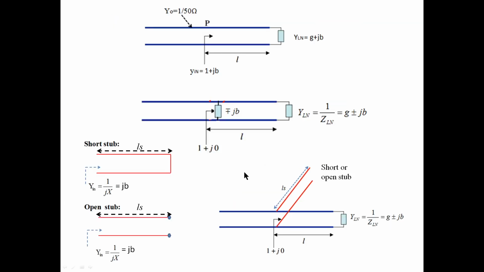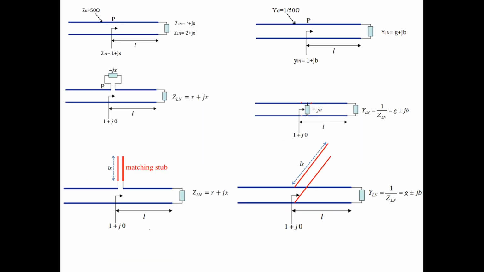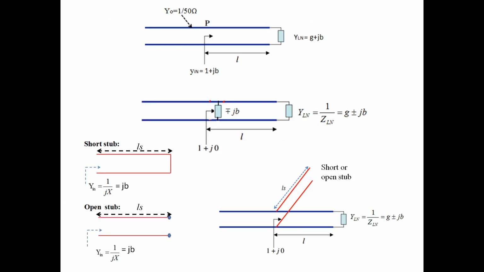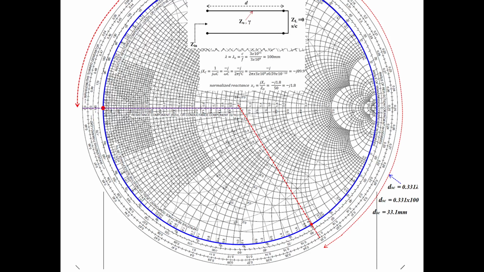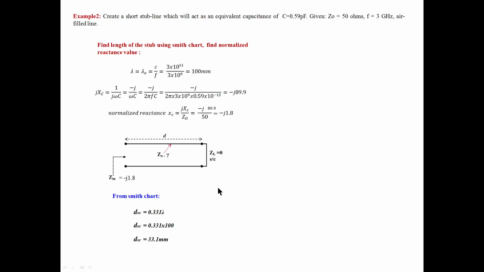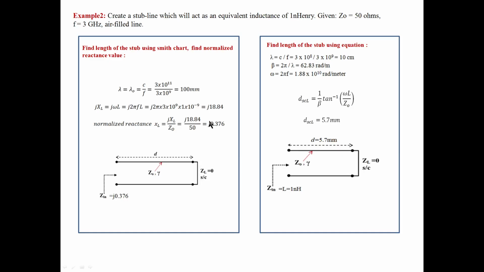In the earlier class, we were discussing this. Similarly here, to get the required value of reactance is what we were doing till now. What is this? Normalized reactance XC. We want the normalized reactance equal to this value. What is the length of the line? We were doing the same in the previous problem also. This is the reactance I needed. What is the length of the line? But not only reactance.